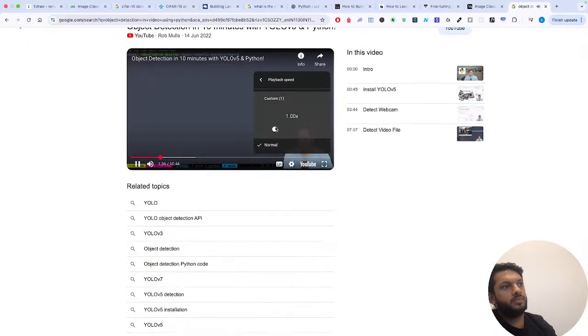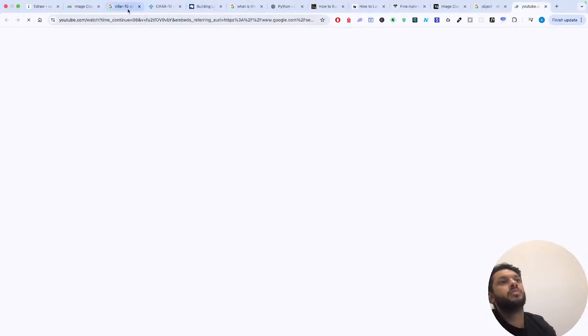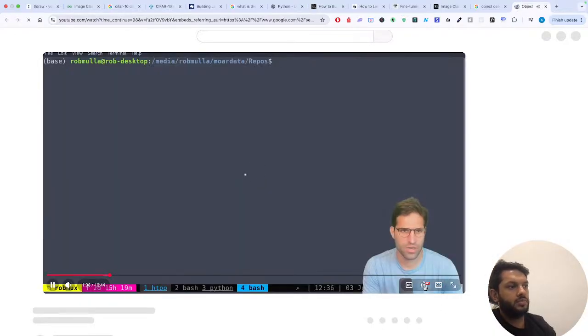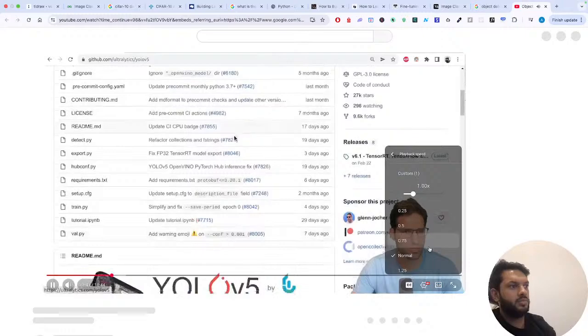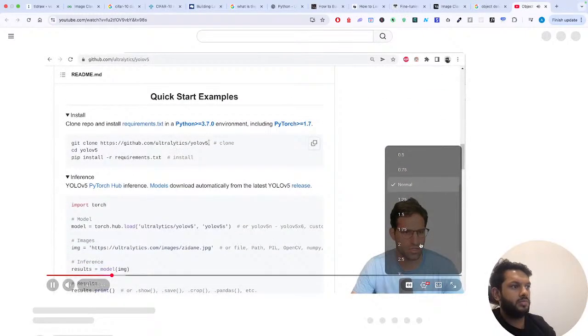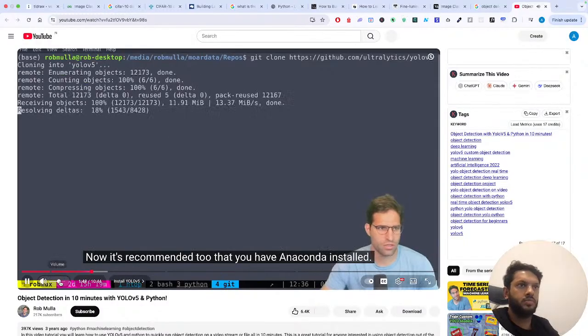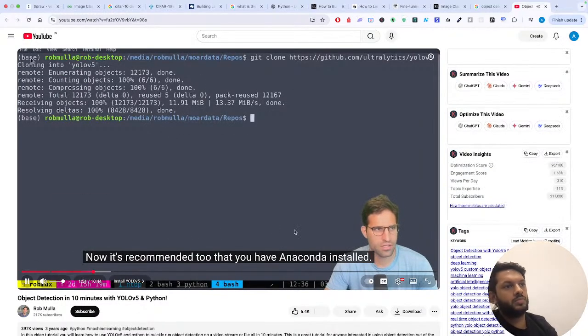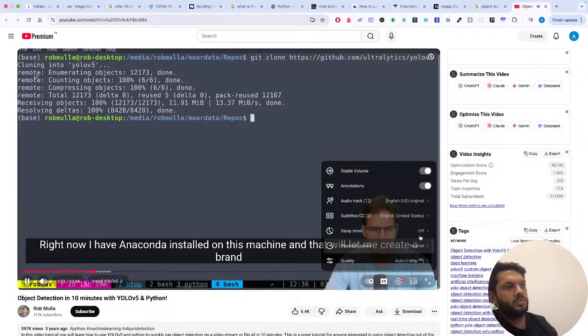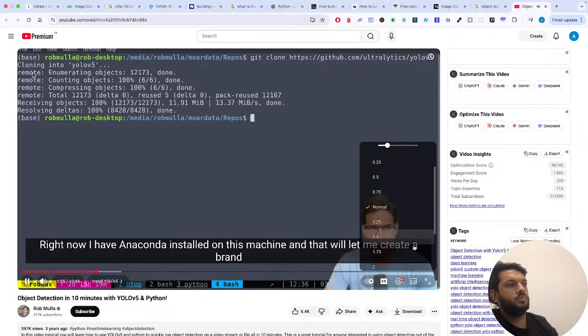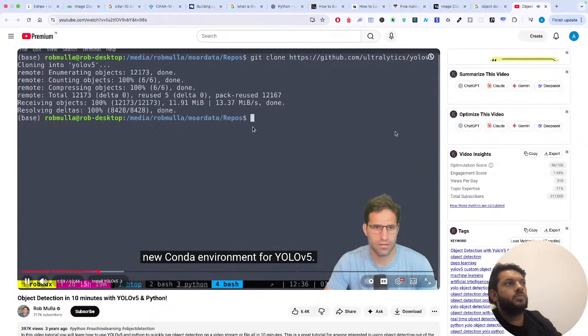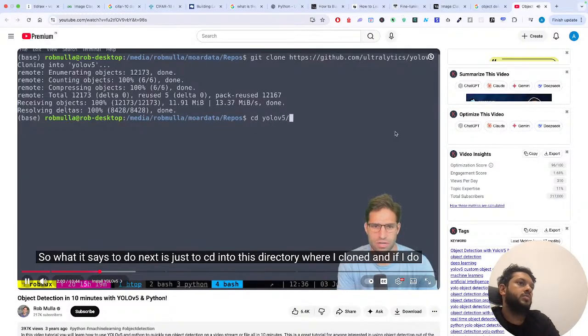So I'm switching over here to my handy terminal, and I'm in my directory where I like to clone my repositories, and all I'm going to do is run this git clone here. Now it's recommended that you have Anaconda installed. Right now I have Anaconda installed on this machine, and that'll let me create a brand new Conda environment for YOLO v5. So what it says to do next is just a cd into this directory where I cloned,